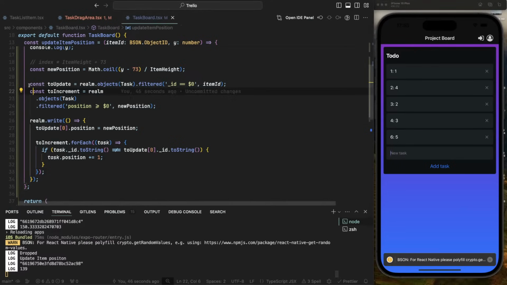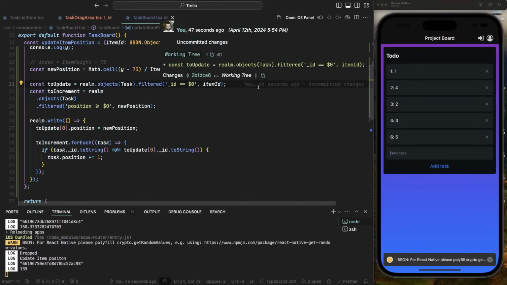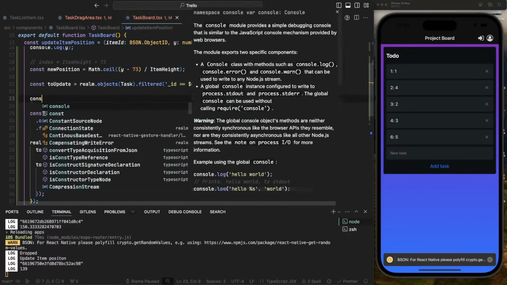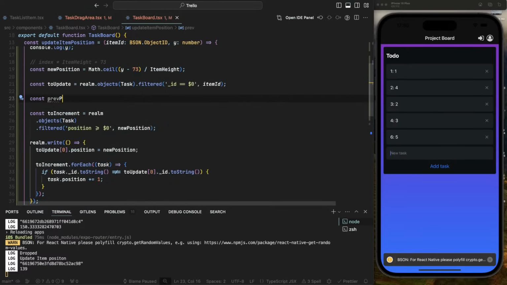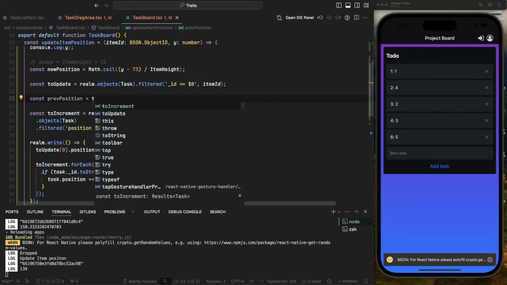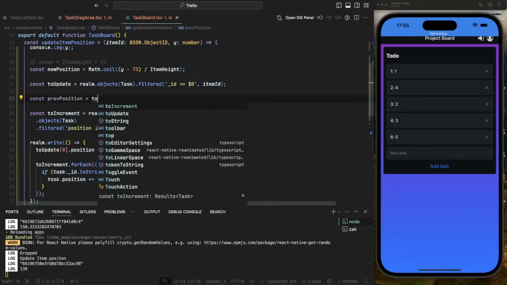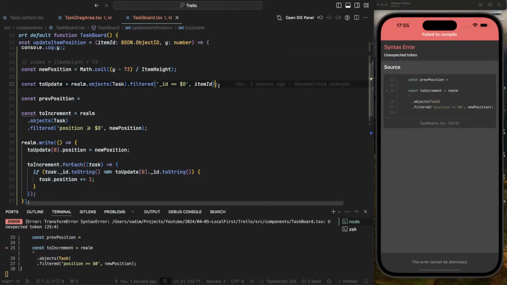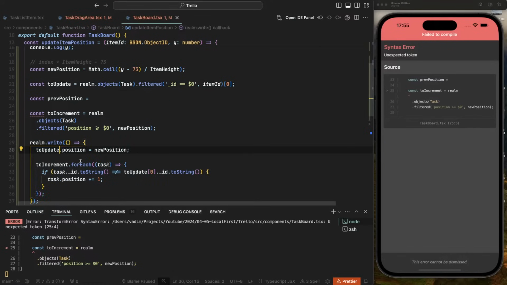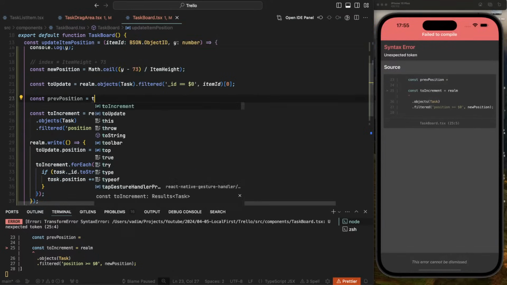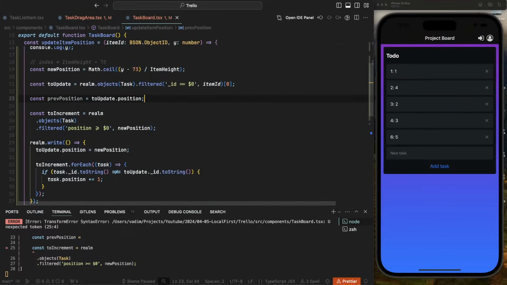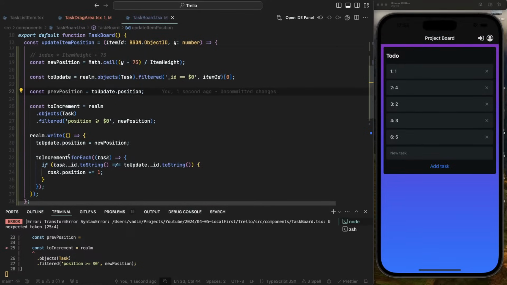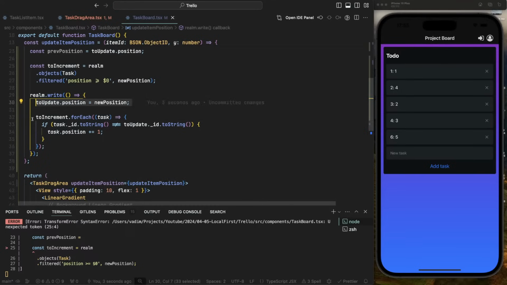We should also take the previous position. const previous position equal. Should I do here? Take the one at position 0, so we no longer have to do it like this. Then previous position is going to be to update dot position. So we update the position and we increment only